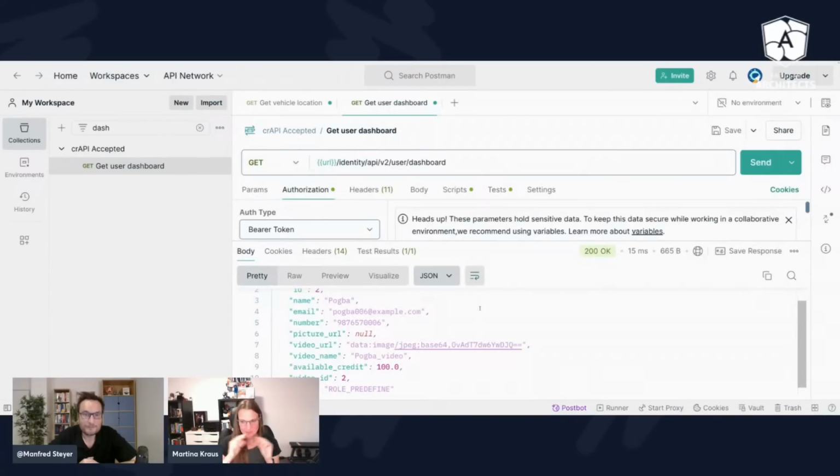Having that said, I can't emphasize enough that we need to check our tokens in the backend. Try to not implement that on your own, like creating the token, because of course, one could tell me, yes, Martina, I'm checking the signature and everything is fine. But the thing is, how the signature is created is also a really important part in this whole scenario.